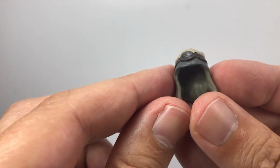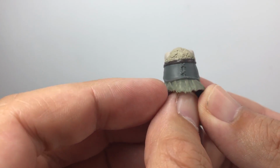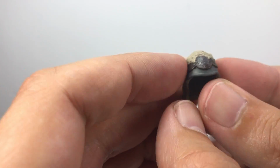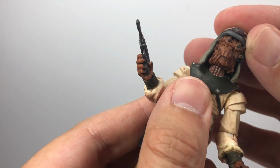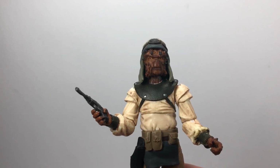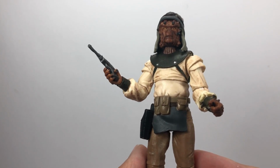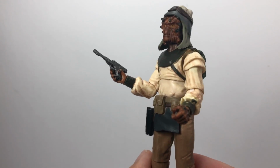You've got the headpiece there, which is again a soft rubbery vinyl, and again some nice paint apps on there. Some nice detailing there with the stitch work, 2 little horns and the metal badge in the middle. But again, that's like a soft rubber, so that just sits nicely on his head, and it sits well enough that it's not just going to keep falling off, a bit like the Gamorrean guard. I always felt with that figure that the headpiece always fell off, so it's good that that one actually remains on there nicely. We're going to get onto the articulation in a minute, but I just wanted to bring up the fact that